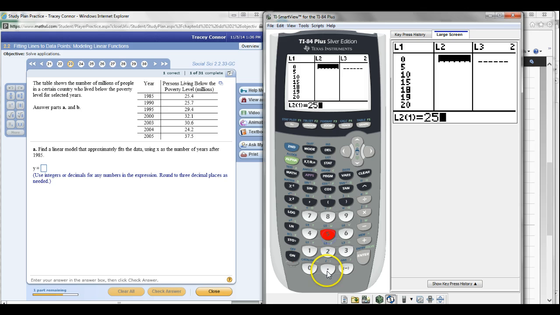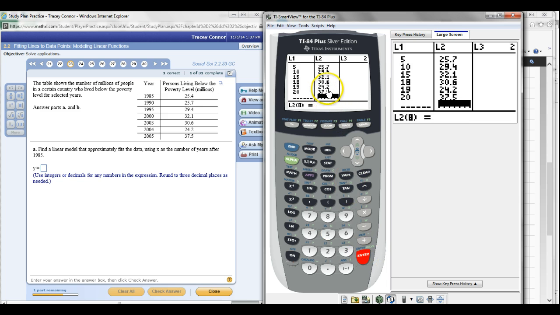So 25.4, and then enter or arrow down. And 29.4, 30, oops, 2.1. I try to hurry, but the calculator doesn't keep up well. 30.6, 24.2, 37.5. Okay. So again, you want to take a step back and make sure that you put in everything correct,